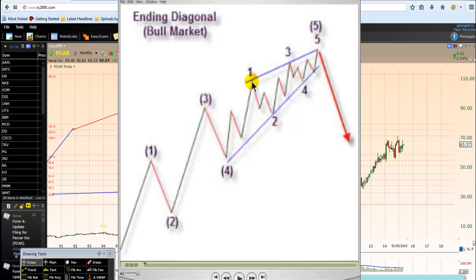the first wave is not divided into 5 minor waves in normal condition. The third wave is not a strong third Elliott wave. Look at the difference between the first wave and the third minor wave of the fifth wave itself, and the fifth minor wave of the fifth wave. As the price was going up during the fifth wave or during the ending diagonal, a distribution is taking place. They are selling. That's why very often at the end of a bullish ending diagonal, we have a sharp correction, a reversal.